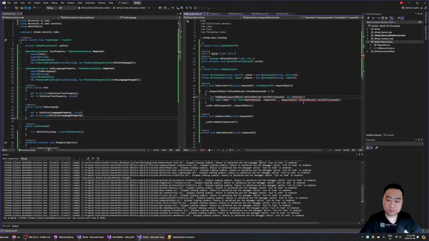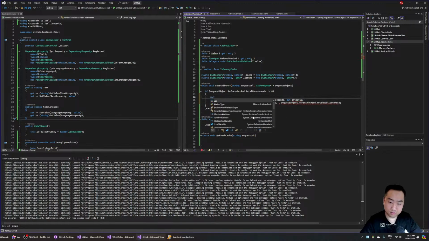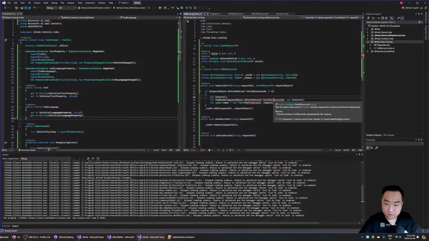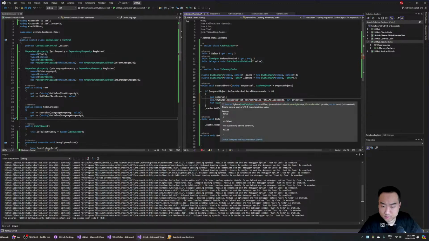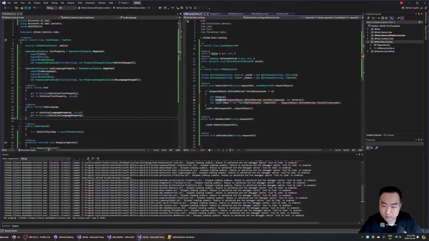How do I use try parse? Like this? Okay. Cannot. Do you only take bytes? Actually, double dot to